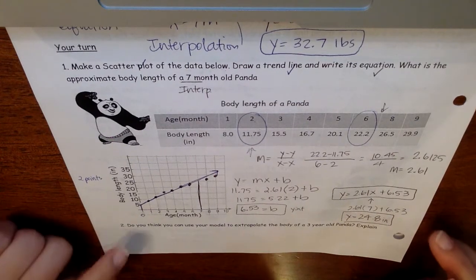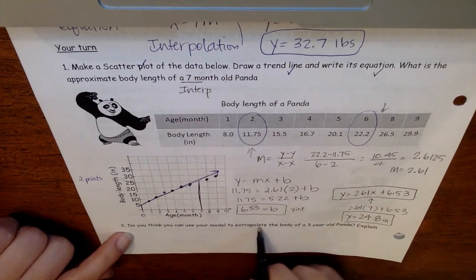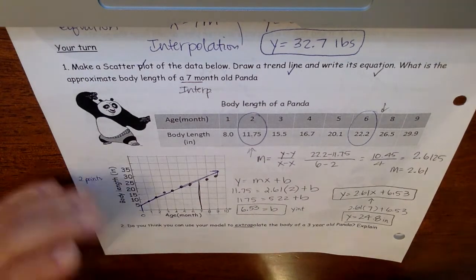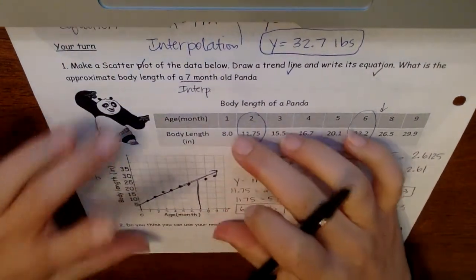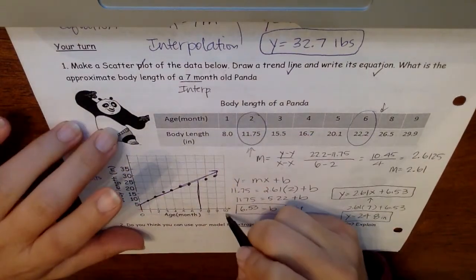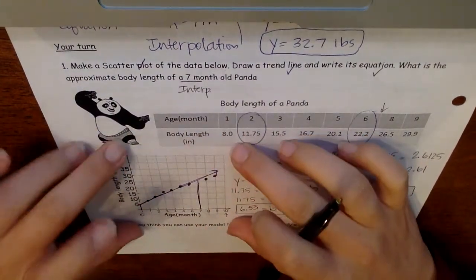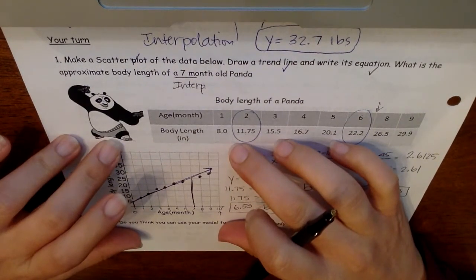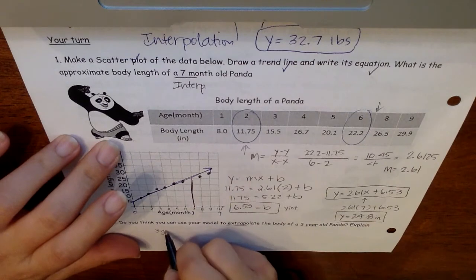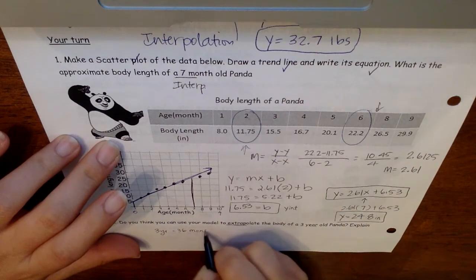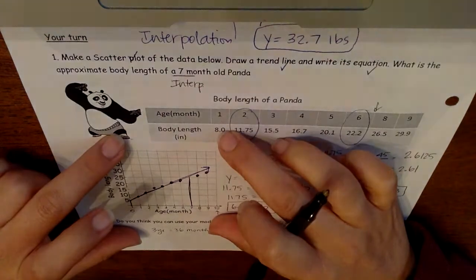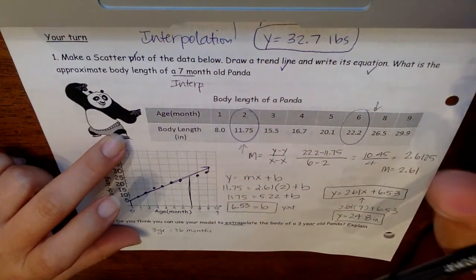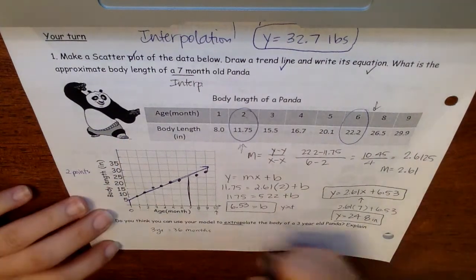If we go down here to number 2, do you think you can use the model to extrapolate, so that's outside of a 3-year-old panda? If you're looking at just this trend line, just this scatter plot and this trend line, it stops at 10 months. This particular illustration, this visual would not be good to estimate for a 3-year-old, because a 3-year-old would be 36 months. We would not want to use the scatter plot, and we would not want to use the trend line. However, we have another way to estimate, and then that would be the equation. So yes, we could,